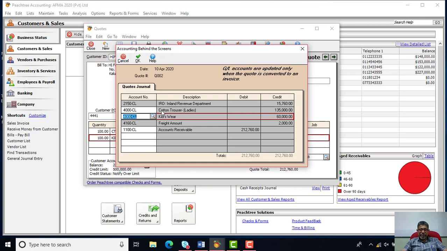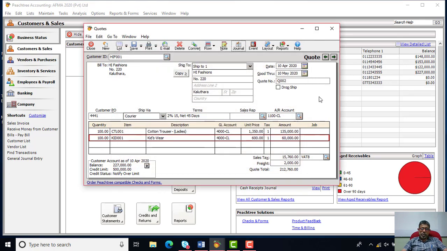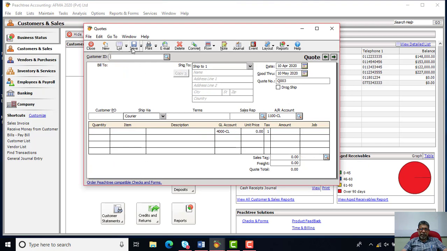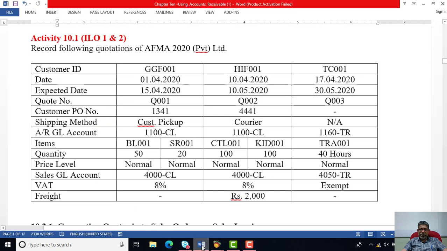and the sales account, cotton trouser sales account 135,000, kids wear sales account 60,000, and the freight income account 2,000, total value 212,760 to the customer. So again, it is not updating the ledger because it's a quotation. Save and update the database. Third one,